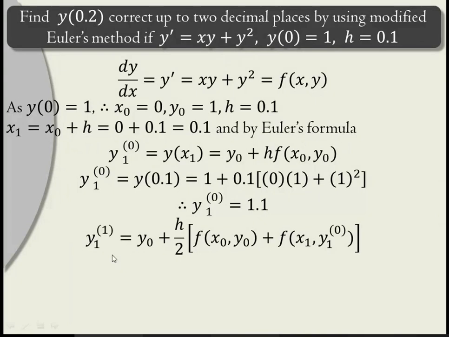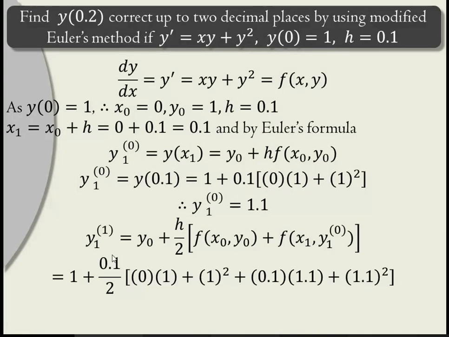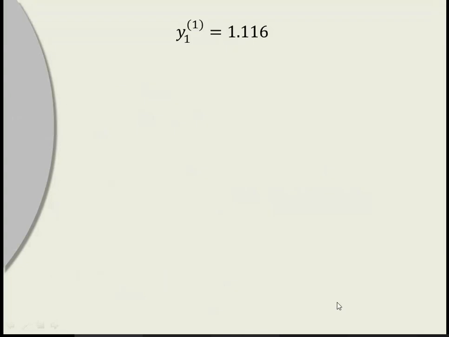So doing the substitution, it is a simple calculation. We get the first iteration of y1 as 1.116. Up to 1 digit they are matching, but here it is asked up to 2 decimal places. So we have to do further calculation. Take this as the first iteration of y1 and then find the second iteration of y1 again